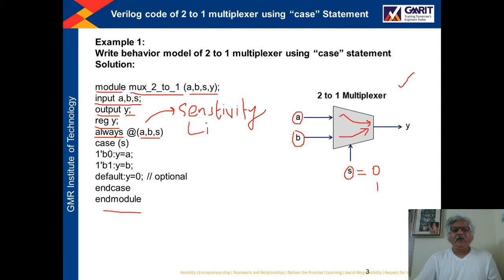Whenever there is a change in the value of A or B or S, this always block will be activated and all the statements inside the always block will be executed. Once the always block is activated, inside it we have written the case statement, case (S). In this particular example, the value of S can be 0 or 1. So this is an example of discrete type.